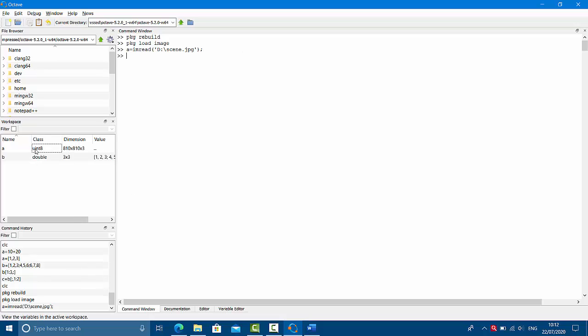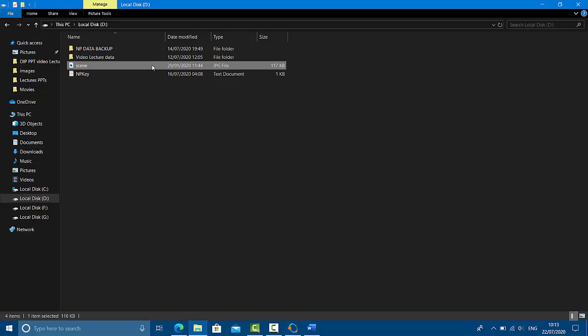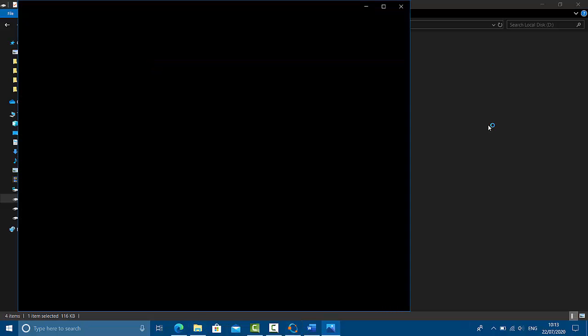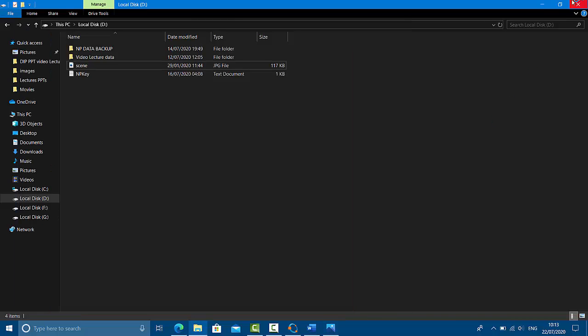So if I press enter, the A matrix has been created. It is a three-dimensional matrix. The dimension of that matrix is 810 pixels by 810 pixels, and this 3 is the color information, RGB color information, because this scene is a color image.